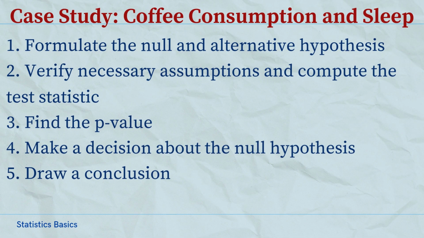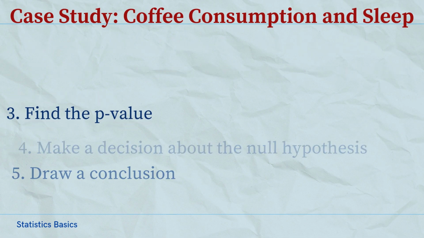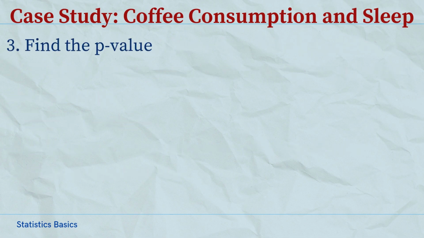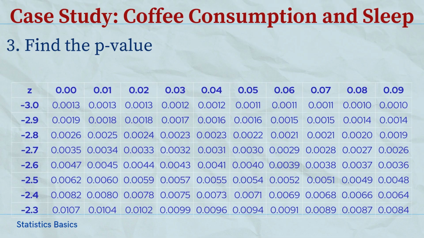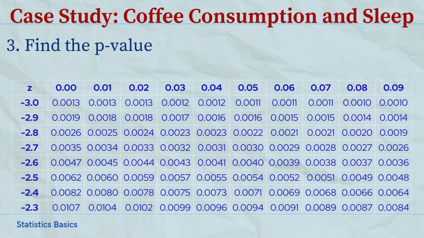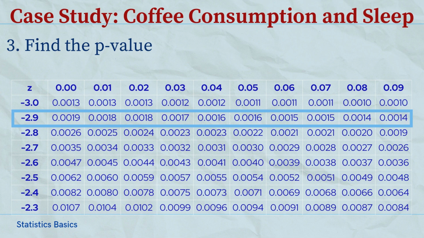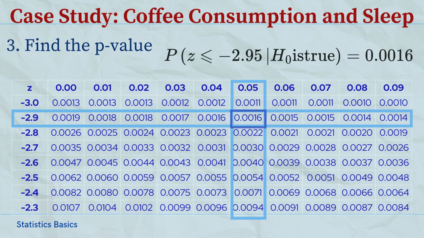Now, moving on to the third step of the hypothesis test, we need to find the p-value. Assuming the null hypothesis is true, the p-value represents the probability of obtaining a test statistic as extreme as our calculated value of -2.95. This p-value can be found using a z-distribution table by locating the row corresponding to a z-score of -2.9 and the column for 0.05. We found an approximate p-value of